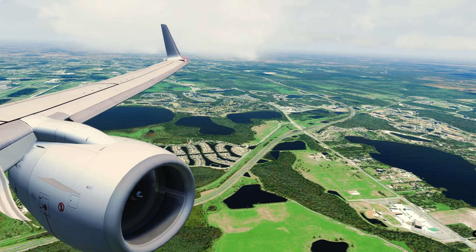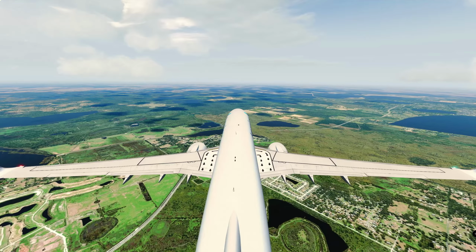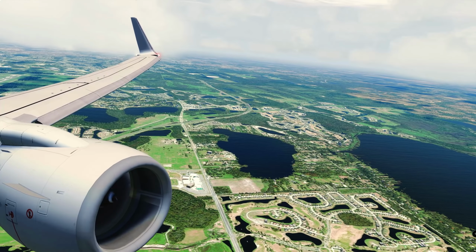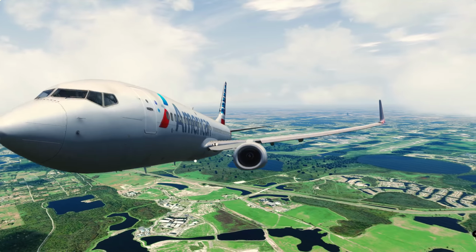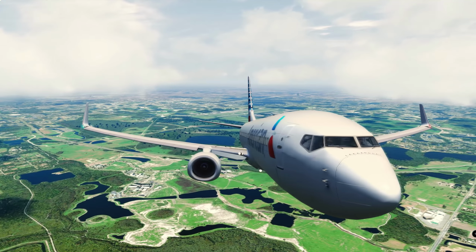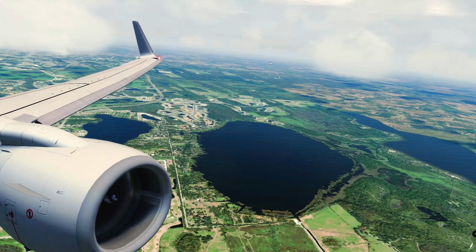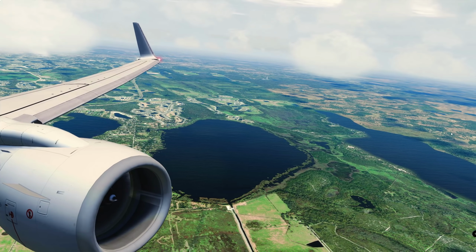Look at that view. Florida's a little flat, isn't it? Oh, some thunderstorms over to our left-hand side. There goes the airport. Let's see if I can give you an outside view. Alright, flaps all the way up. Like I said, this is going to be a quick and dirty video. It's not going to be, you know...